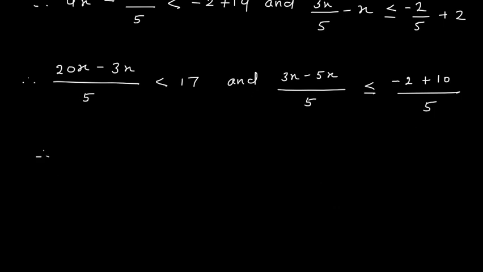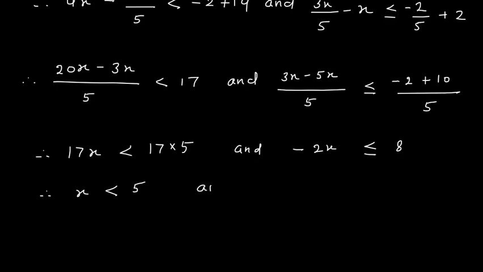So therefore here 20x minus 3x is 17x, and this is less than 17 into 5, and here this denominator 5 we will cancel. 3x minus 5x, we will say minus 2x is less than or equal to plus 8. So therefore here x is less than, now this 17 and 17 will cancel, so x is less than 5,